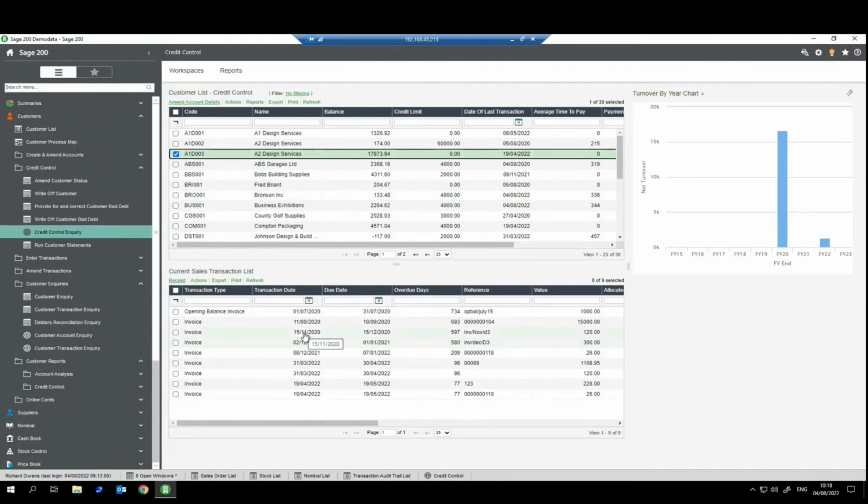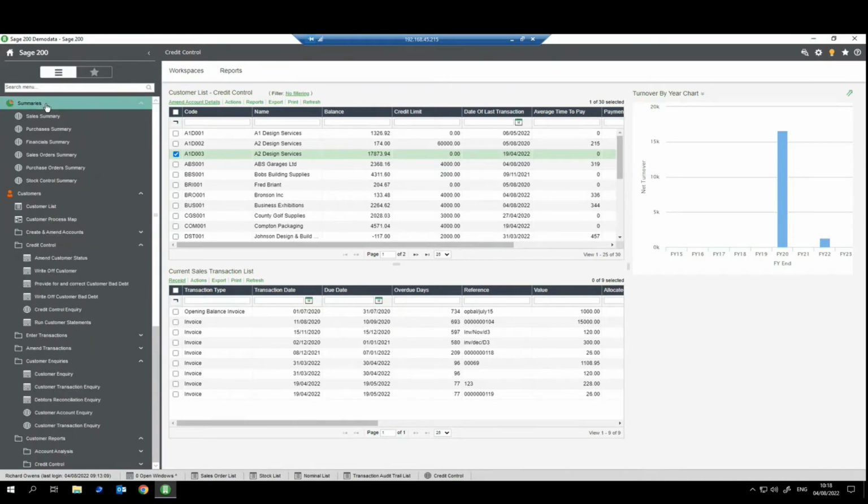We've also got summaries in the system. And again, it's all just viewing data, but in a different way, in a different perspective. So when I say summaries, on the top up here, we've got a summary section. And then from here, we've got a set of 6 summaries for different areas of the system. So if I click on the sales summary,